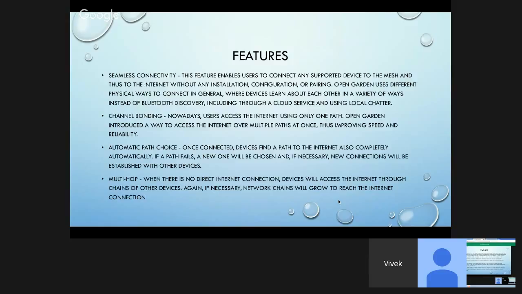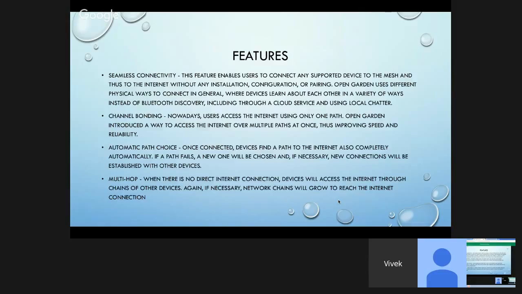So here what it's saying is that the user doesn't need to find other users. Open Garden does it for them. Open Garden senses other users using the application on their devices and just connects them seamlessly. So a user of Open Garden can look on their app and see what other Open Garden users are in their location, and then send data to them.